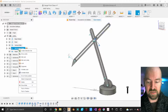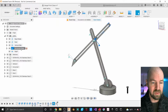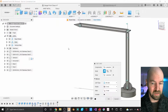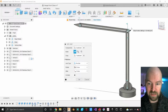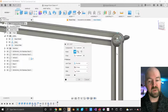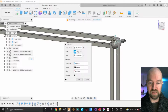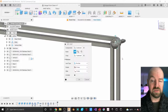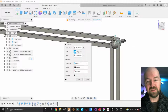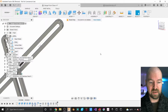Yeah, and I had to kind of blow up mine too and click on it in the opposite way. So what I'd encourage you to do, if you're going to give it another try, is when you're making your joint next time around, I had to delete this thing and make it again. But I'll just show you. When you're making it the second time around, because again, it makes a difference the order in which you choose your components. The first time I was making this joint, I was like, alright, I want my arm to move back and forth while my vertical stays stable. And so I chose the arm first and then the wingnut second. That didn't work because it wasn't moving my rotational point. So I had to do the opposite way, where I clicked on the wingnut first and the arm second, and I guess the unfortunate